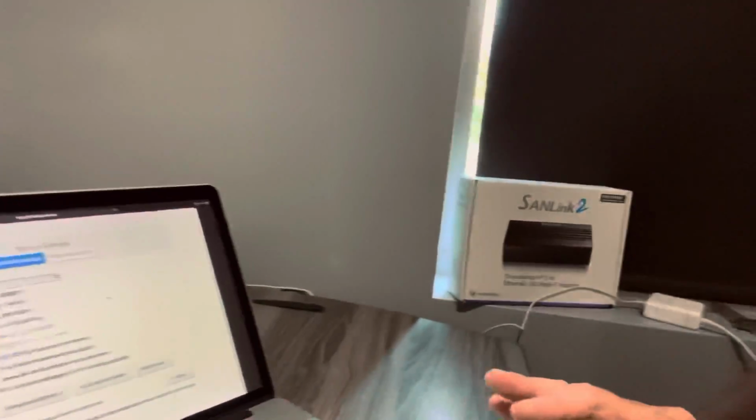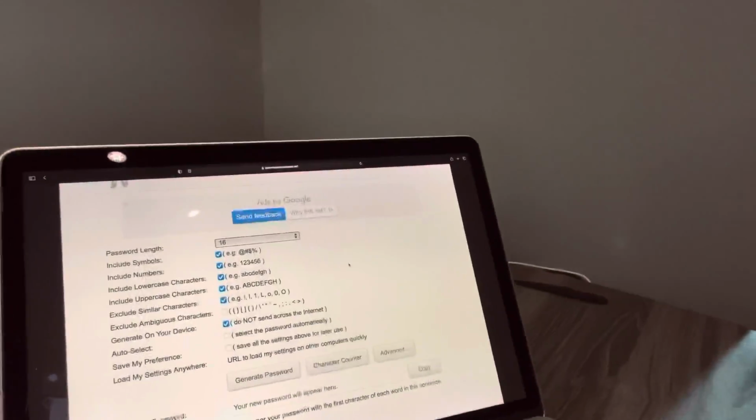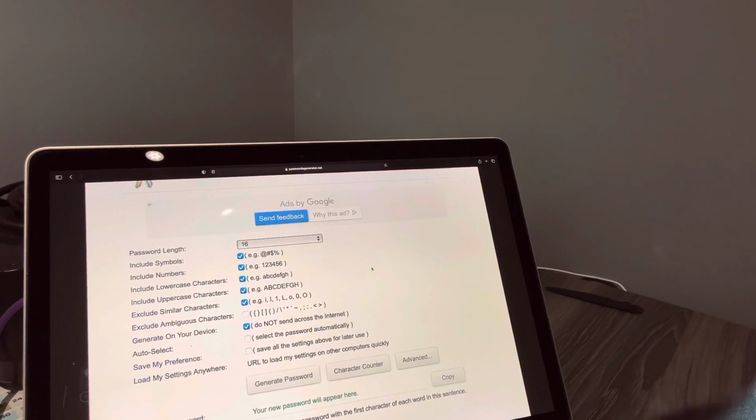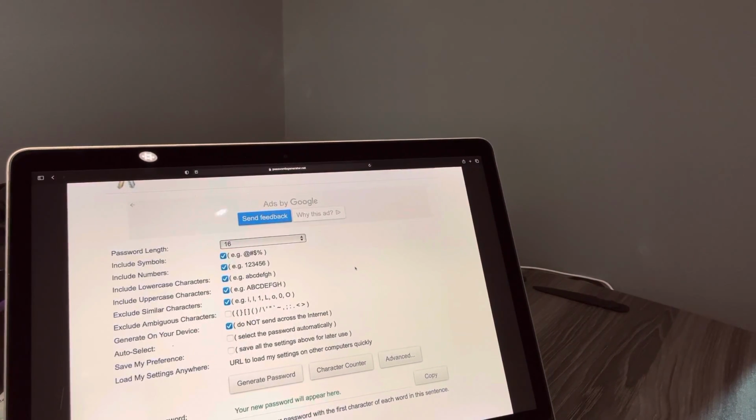and explain why it's important, first of all, and why certain passwords are better than others. I typically use online password generators, and if you just type password generator into Google, you'll get a ton of different flavors of password generators. Here's one. I'm just going to set the camera in front of the computer so you can see it.